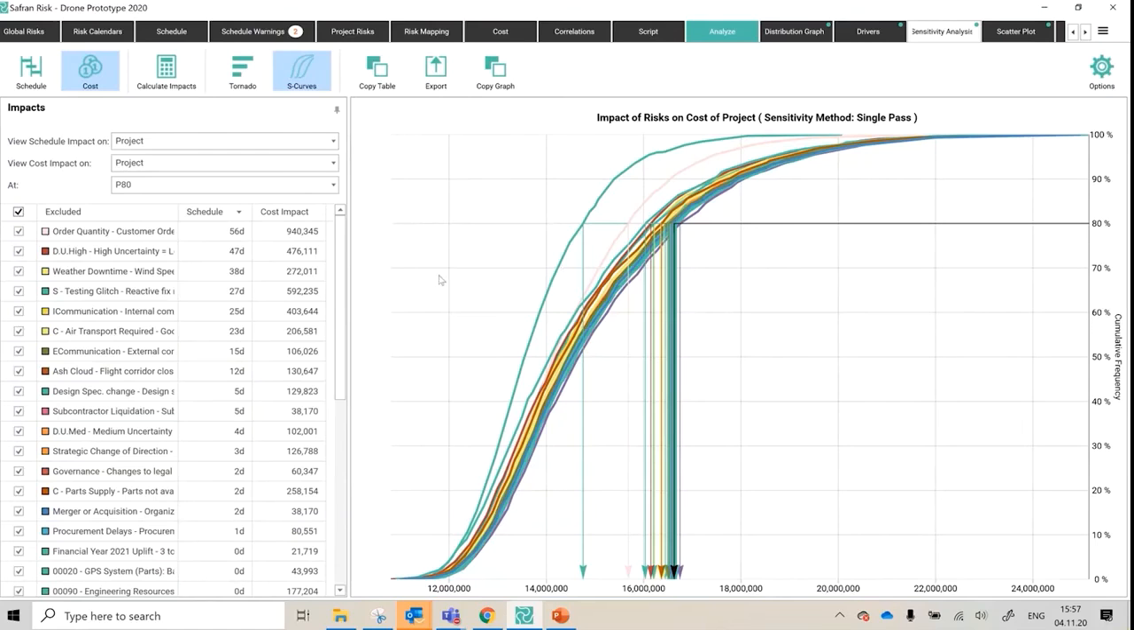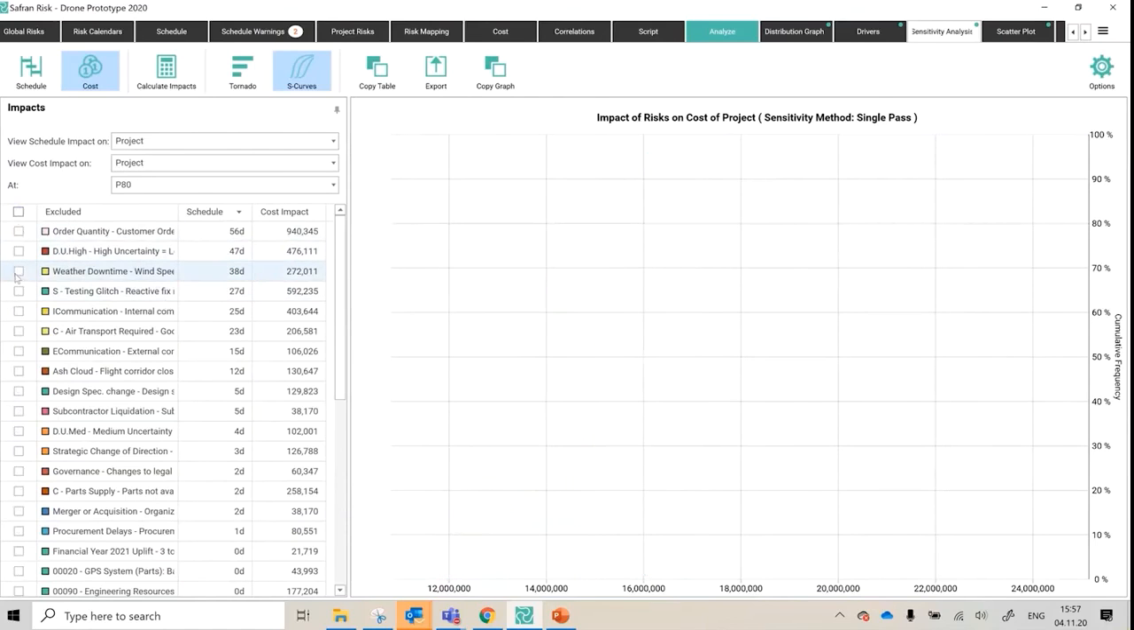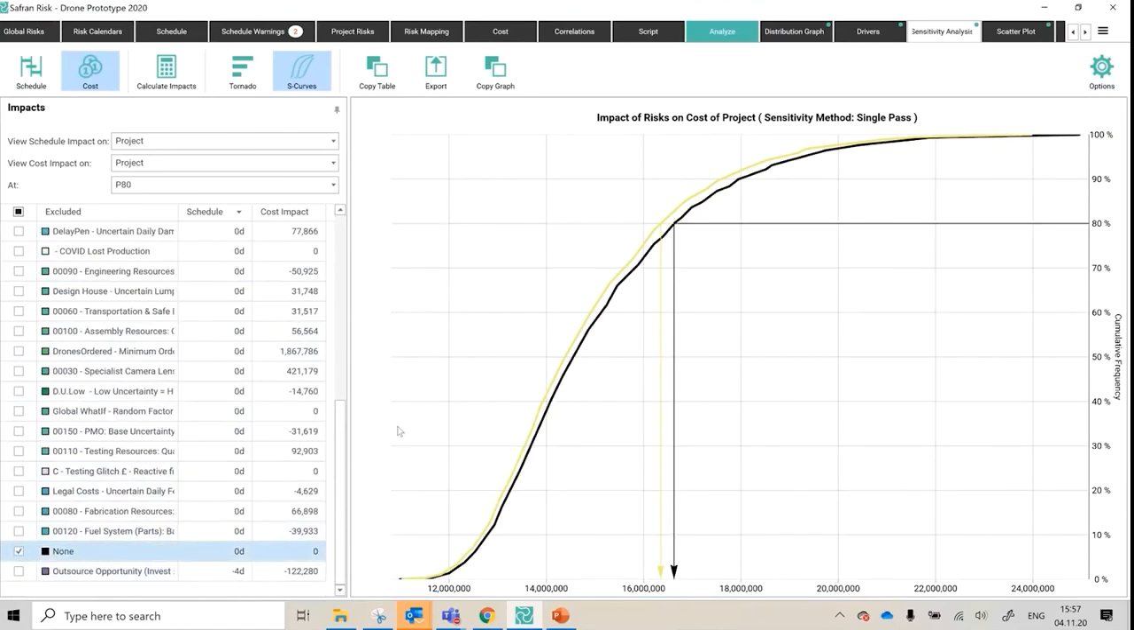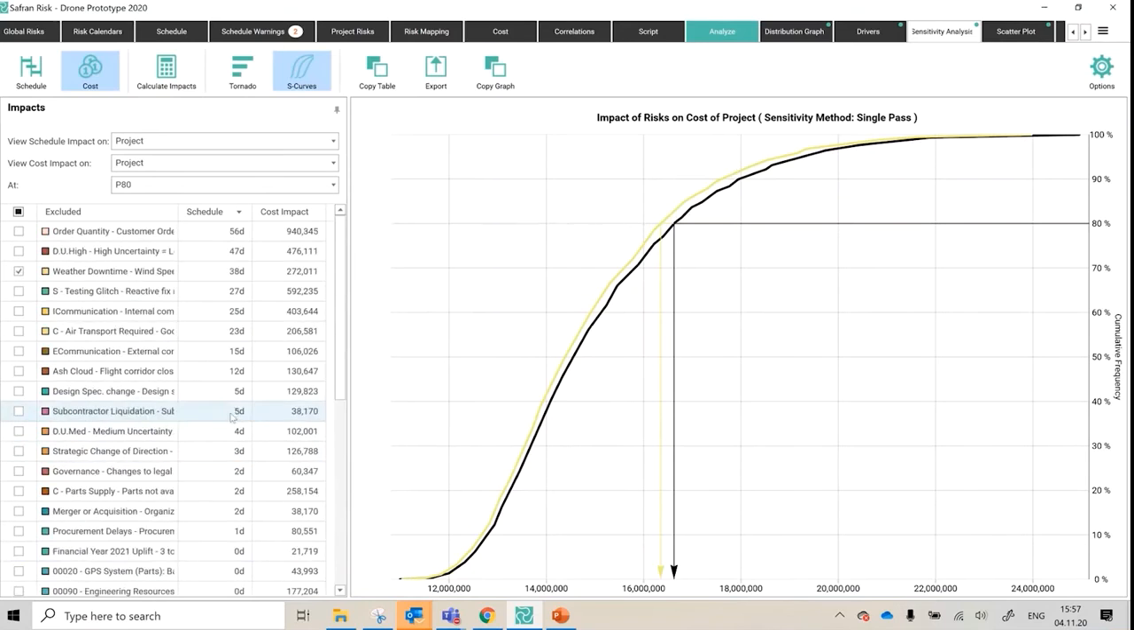So I can see that as S curves. I can turn off and on individual things. So if I just want to see the weather one compared to the original baseline, that's the effect the weather risk was having on my testing phase. And what does that look like in terms of P80 schedule impact? Well, the answer is 38 days at P80 confidence, or